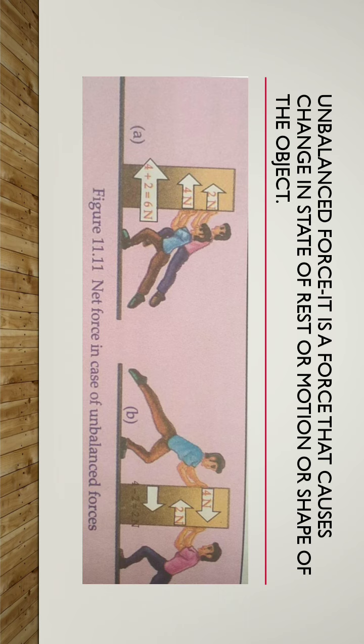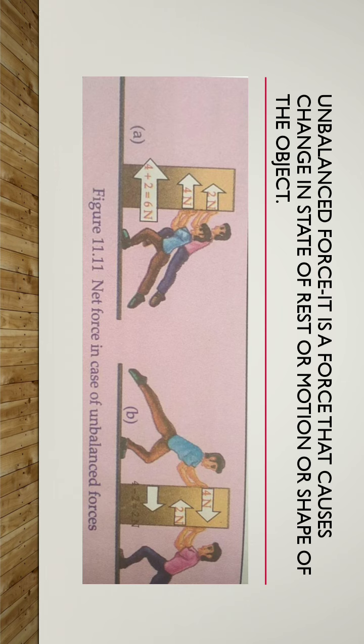In the first case, you can see in the first picture, both persons are applying force in the same direction but the amount of force is not equal. It is 2 Newton from one person and 4 Newton from another person. Newton is the unit of force. So the overall force acting on the box will be the added force of both persons. 4 plus 2 is equal to 6 Newton. So the box will experience a force of 6 Newton.